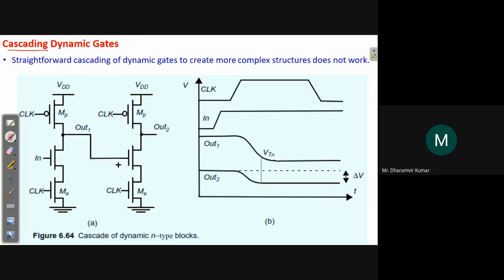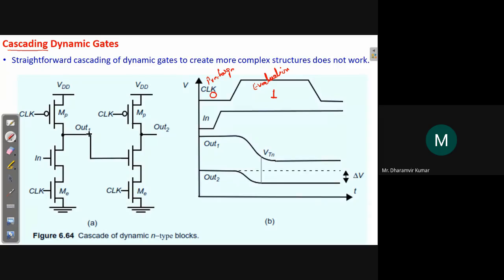Okay. And look at this, the two clock signals: PMOS, NMOS, PMOS, and NMOS. So under this scenario, what happens during the cascading issue when we cascade two or more dynamic gates back to back? This is clock. Okay, this is 0, this is 1, right? During 0, this is the pre-charge phase, and this is the evaluation time. Okay, during pre-charge,